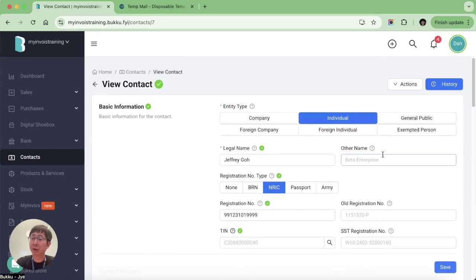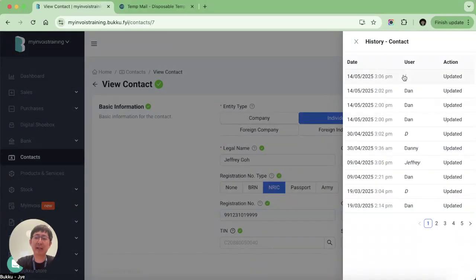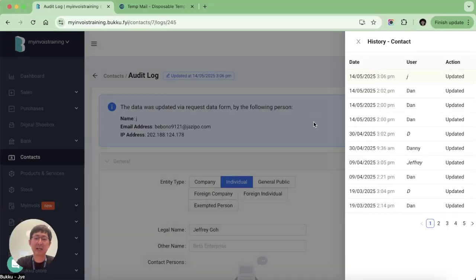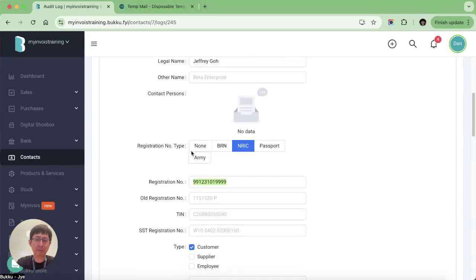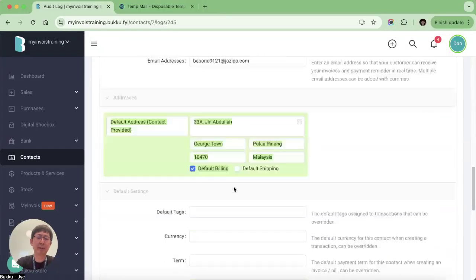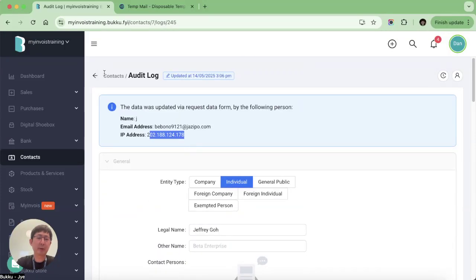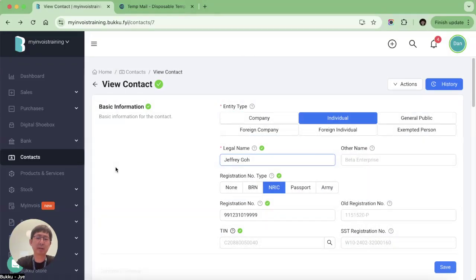Okay, so if you want to know, right, if things are too automated, you don't have to worry because everything is tracked in our system. We have this audit log, which is actually telling you which email address, the person, the IP address. These are all recorded for security purposes. Okay, highlighted registration number, the address and everything. Okay, so you don't have to worry so much about it. This is automated for you, but you can always trace back. Okay, so that concludes my first two parts,